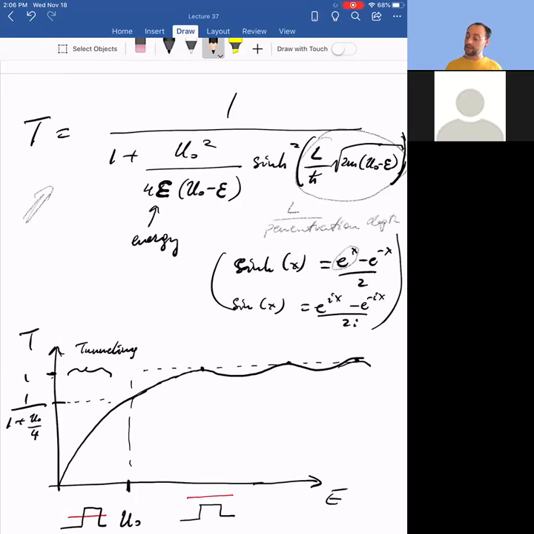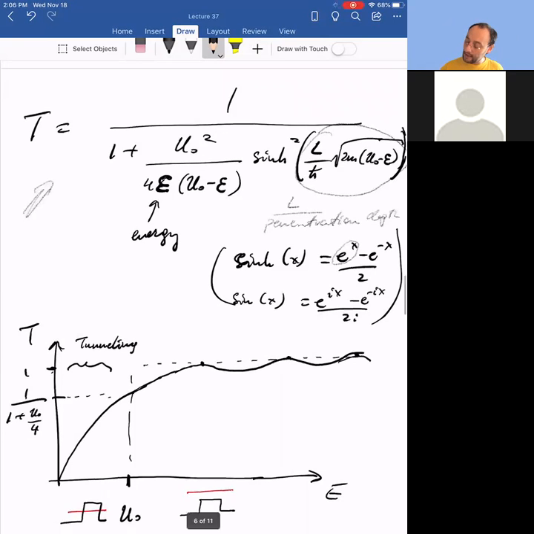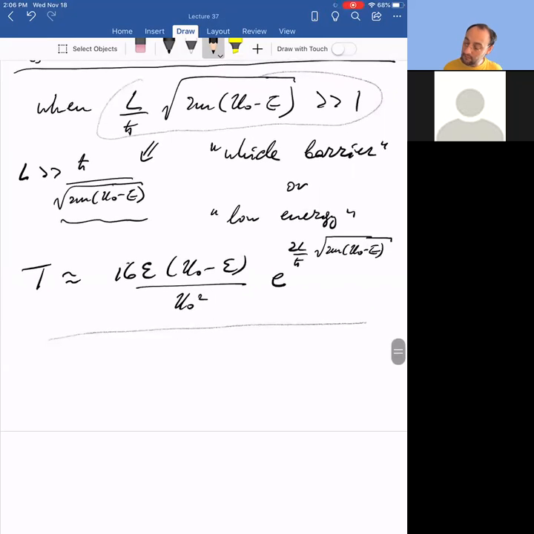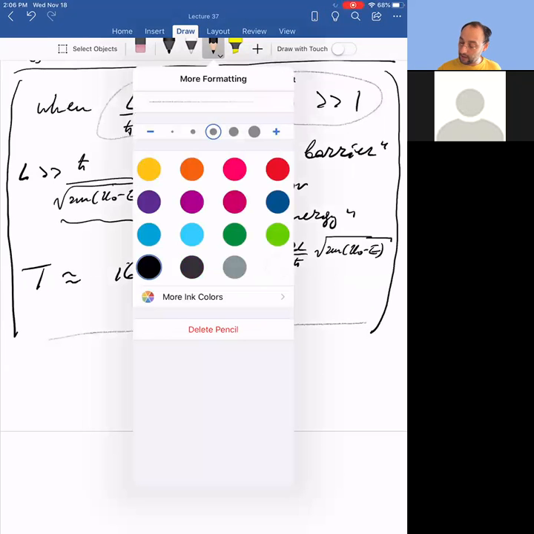Right? So when the argument of sinh is very large, then sinh squared of x is e to the 2x over 4. The decaying part is basically irrelevant. E to the minus x is irrelevant. And in that case, you can approximate the tunneling probability. So this is a little addendum, right? So when the argument of the sinh is much larger than 1, which really means that L is much larger than the penetration depth, you can make an approximation